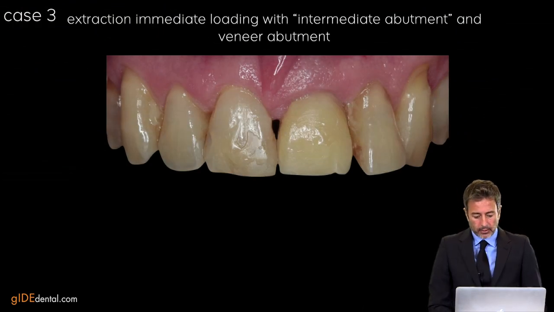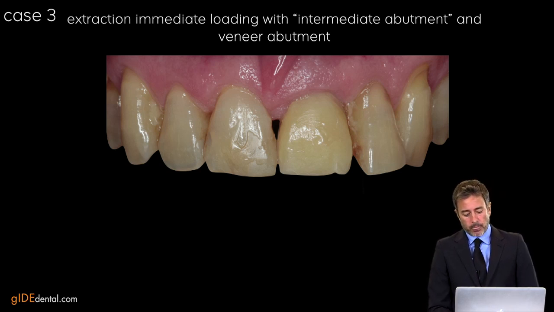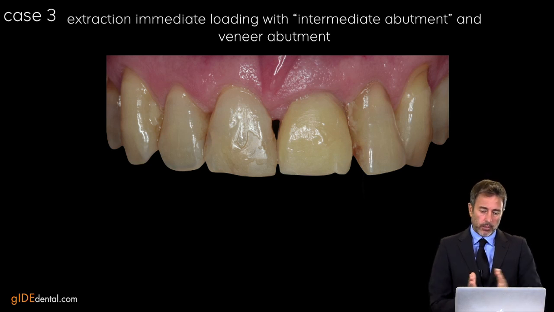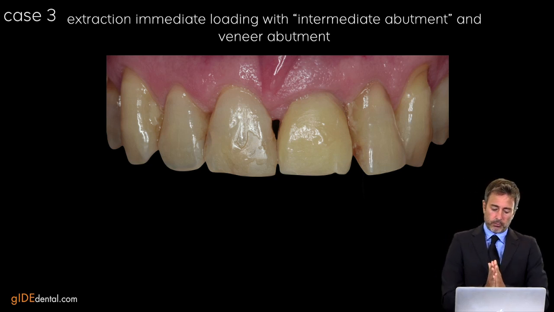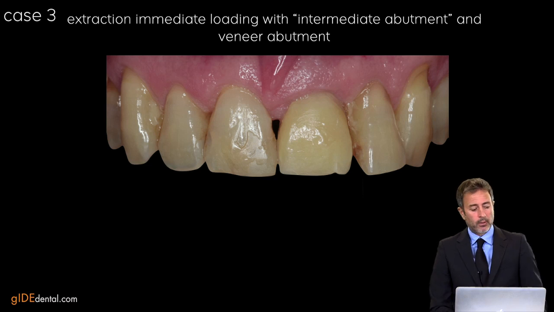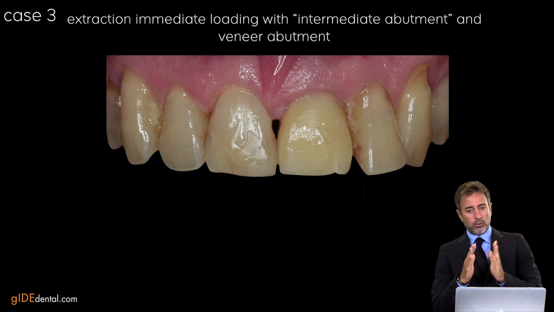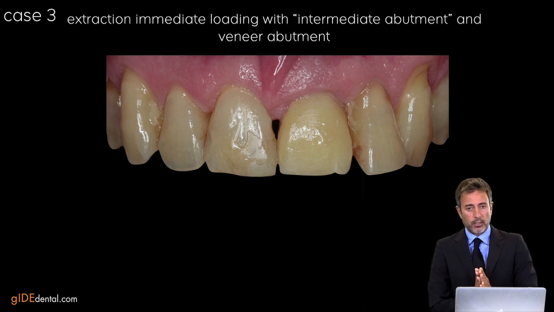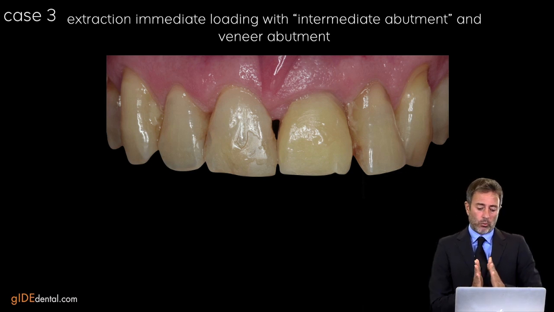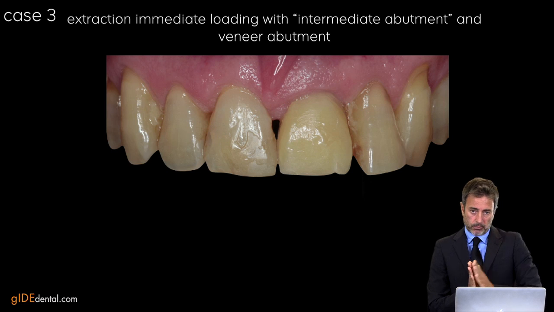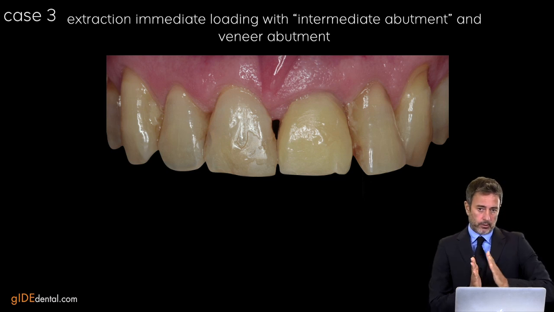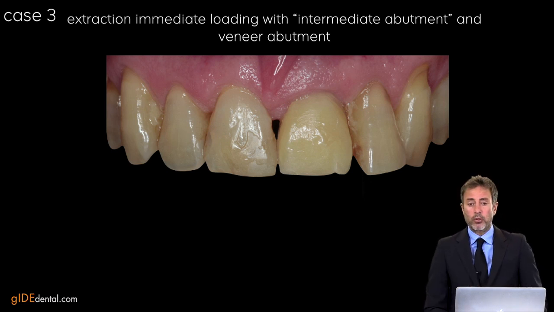So finalizing, I would like to present to you the veneer abutment. The veneer abutment is an abutment that we use. Actually, we cement a veneer onto the abutment, which is screw retained on the implant, for two reasons. Reason number one is in cases that we don't have an ideal inclination of the implants. So we screw retain the abutment and then we cover, let's say, the screw access hole with the veneer,